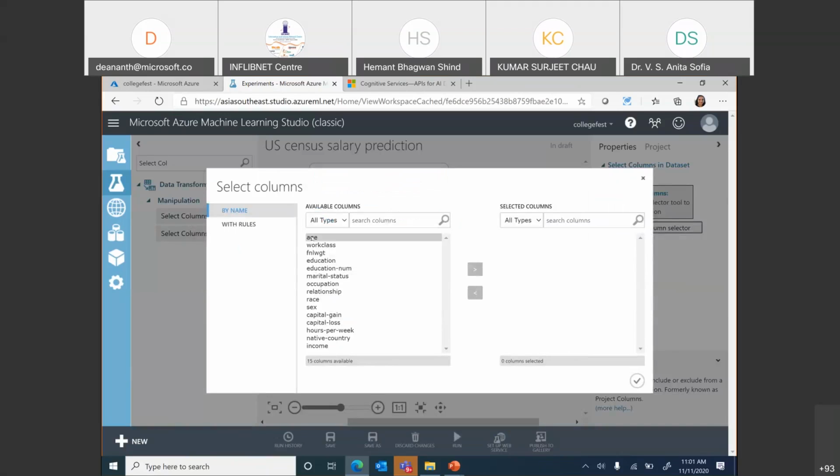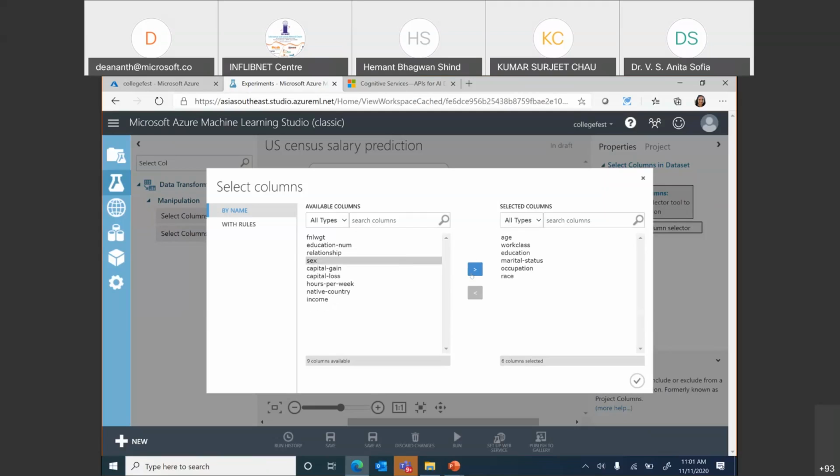There is no right and wrong. It's an experiment based on the industry knowledge that we have. We can say that age is important, work class is important, education is important, and marital status. People who are happily married are supposed to be working and earning more. The occupation is important. The race, unfortunately, because how much an average Indian earns versus an average American versus an average Chinese versus an average Australian is different.